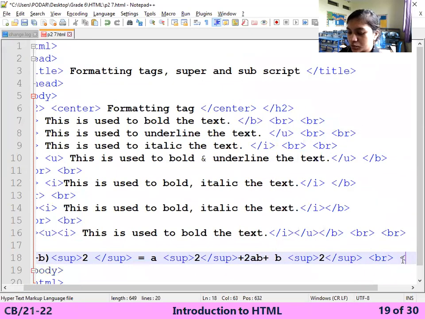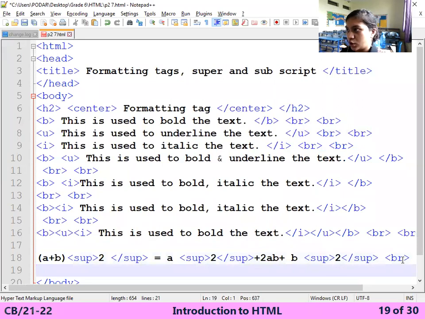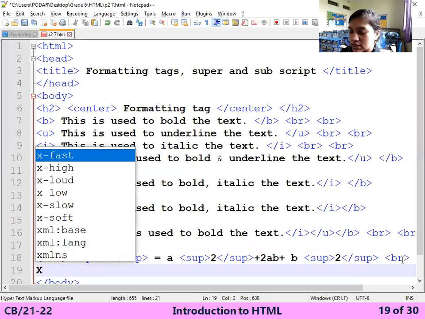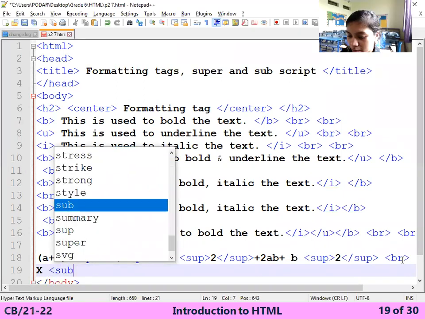I'm going to make a subscript. What is the subscript? If you want to take a word down of the text, then you can use the subscript. I am using x1 plus x2 plus x3 equals to 27, for example. So first I am writing the x1. For 1, we have to use the subscript here.